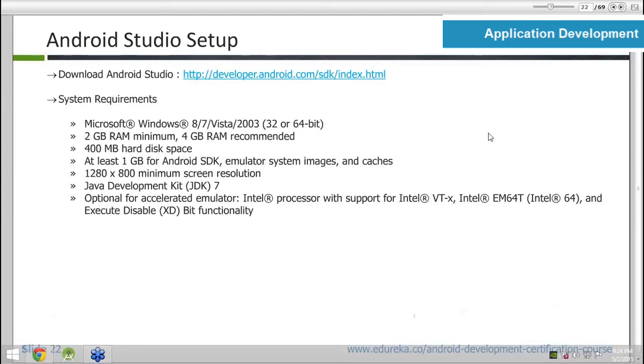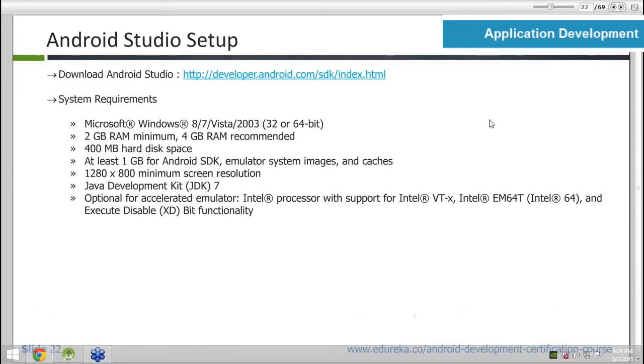We would require Java version 7 as the minimum. And as I said, you should have a recent processor. Why? Because if you want to run applications on the emulator, you would require a recent processor. There are a lot of bugs in the Android emulator.